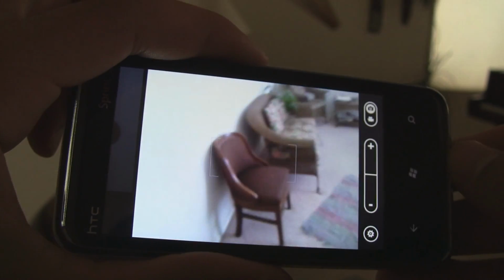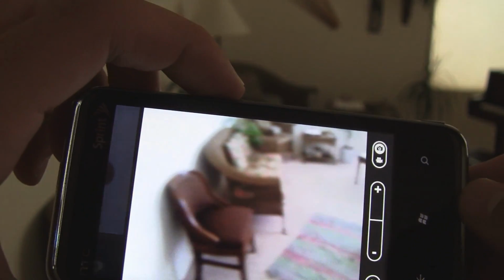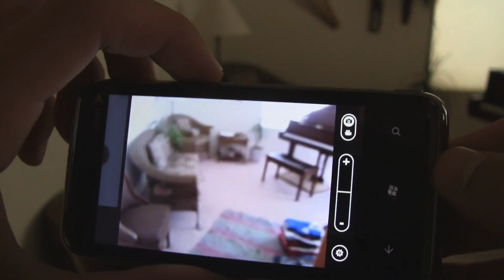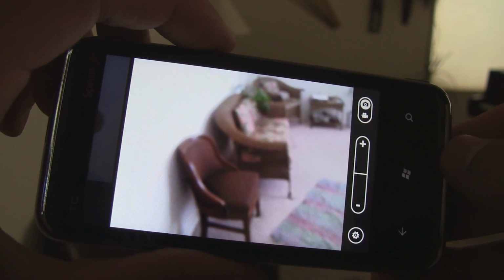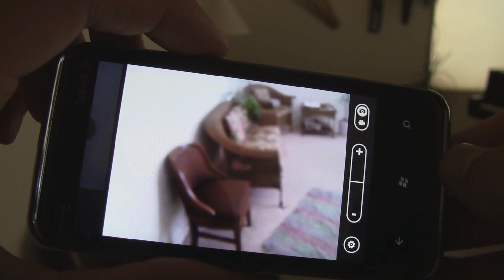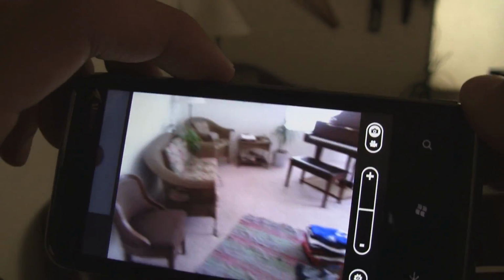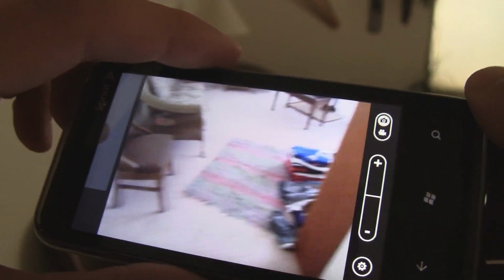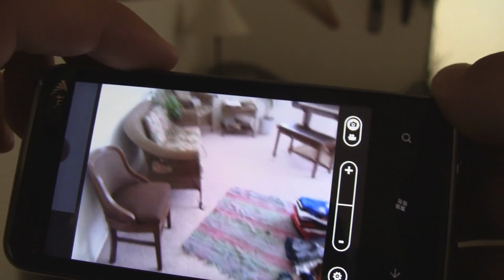It still, however, suffers from the usual HTC camera problems, which is that it can't record a video at a decent frame rate when you're in an area with lower lighting than usual. So unless you're outside or in a daylight lit room, the frame rate will be ridiculously reduced. So if you're filming something inside at nighttime, even with lights on, it usually has a big impact on that